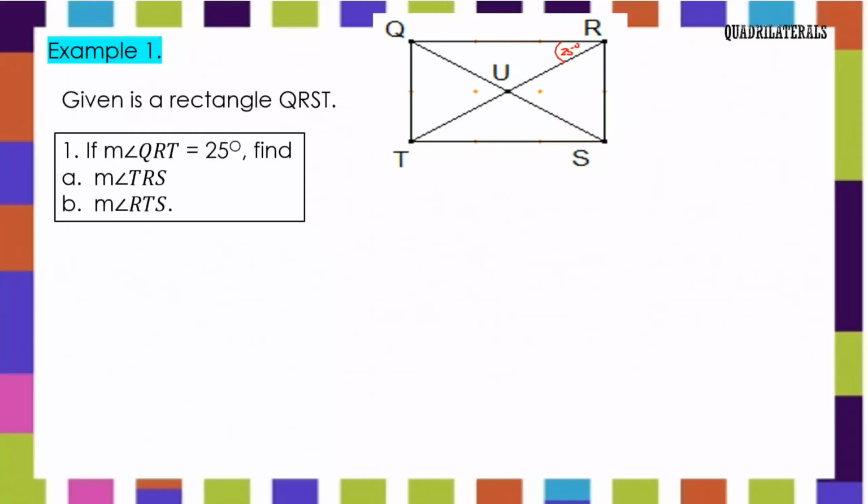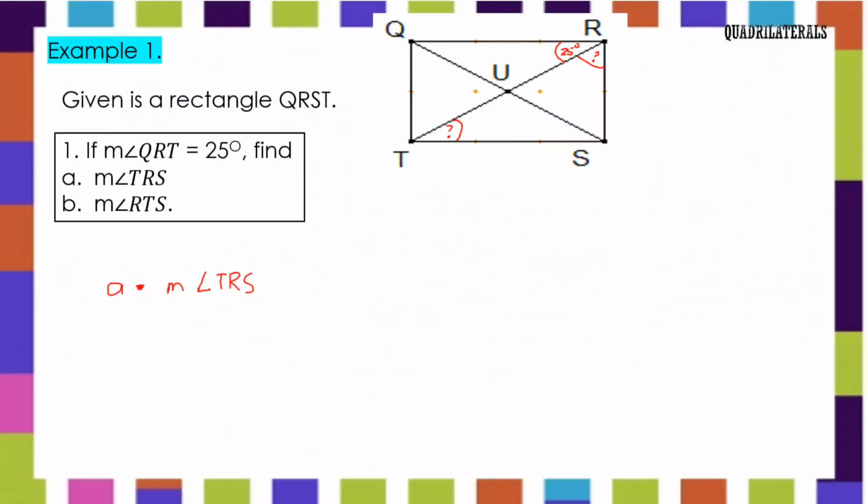Nasaan yun? We have angle TRS. Itong angle na to, TRS. Ano daw ang measure nito? And angle RTS. What is the measure of this angle? Okay? So, dun muna tayo kay letter A. So, we need to find letter A. We need to find the measure of angle